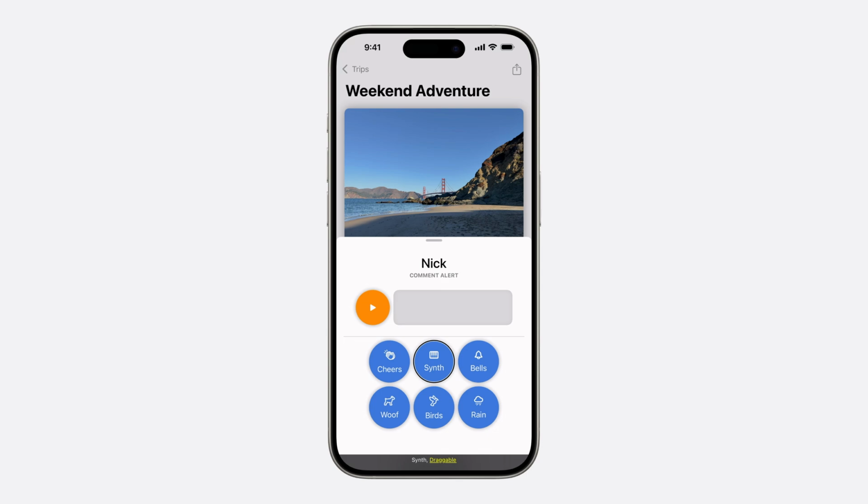Let's try it out with VoiceOver. I can drag up to 3 sounds for a contact to create an alert. I'm using a custom drop delegate to support multiple drop points on a single view, so VoiceOver won't know about the multiple places that sounds can be dropped. "Synth, draggable. Drag. Cheers, draggable. Alert, no sounds. Drop, drop ready. Drop complete."